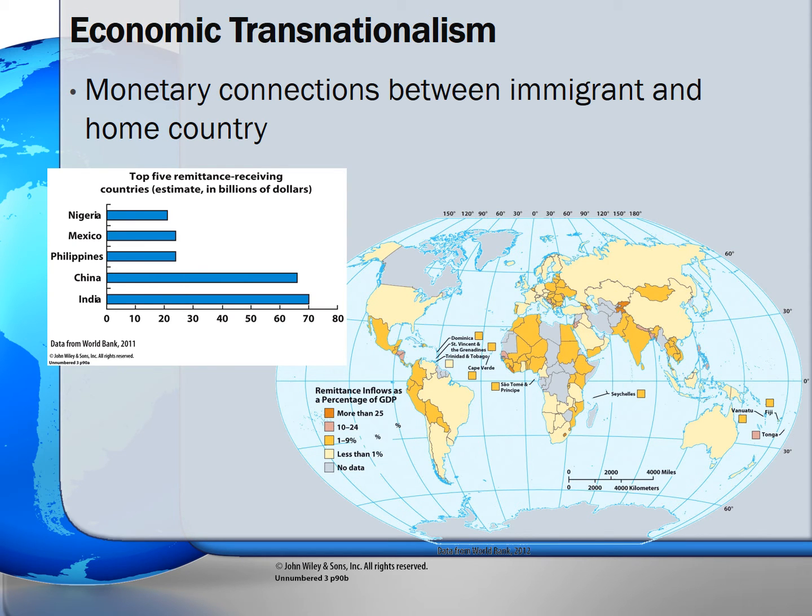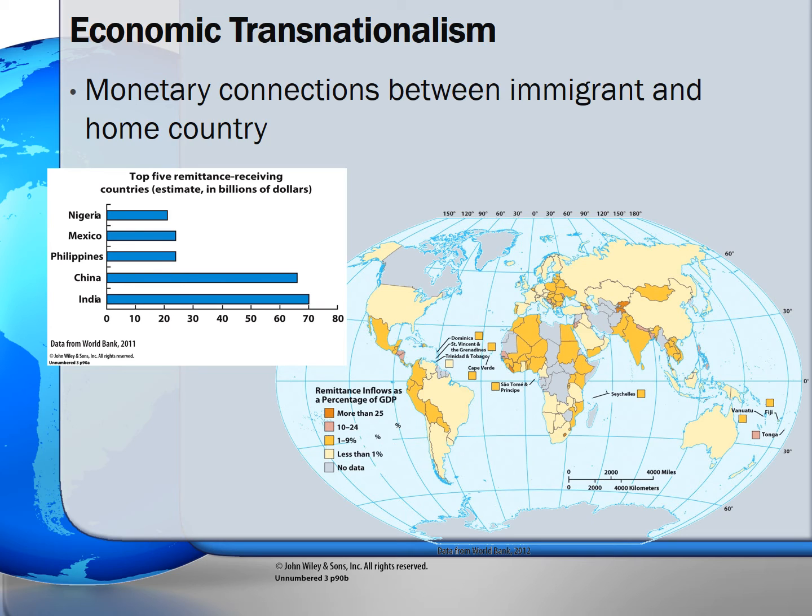Migration also creates transnationalism, the process by which immigrants develop and cultivate ties to more than one country, usually their home country and the host country. Ravenstein hinted at this when he noted that migrations trigger counterflows, which can be seen heavily in remittances. Remittances are financial and non-financial resources sent by immigrants to their home countries. In other words, sending money or other goods to family members back home.